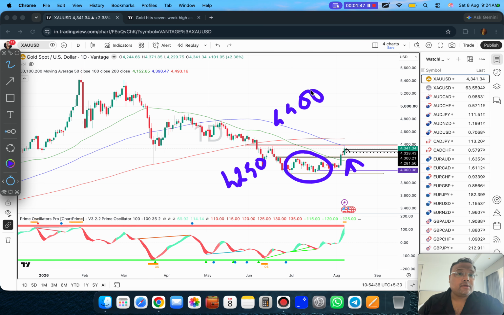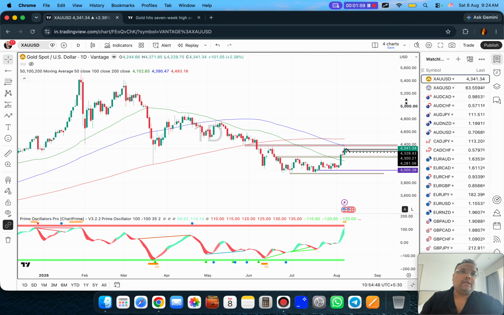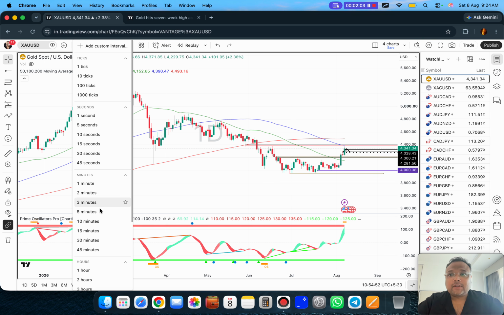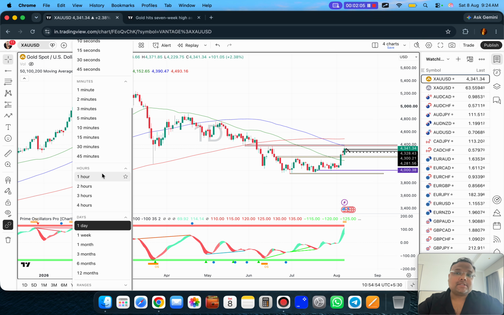Why is 4400 so significant? You can see if the market crosses this level, then only there will be a structural change. Without any structural change, obviously, there cannot be any trend reversal. That's why gold crossing 4400 is important. So if you are a positional buyer or investor, if you have been accumulating gold around 4,000, 4,100, then obviously you're in good profit right now and you can hold your positions.